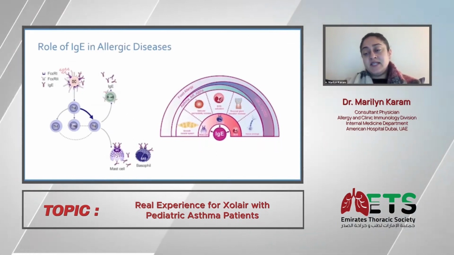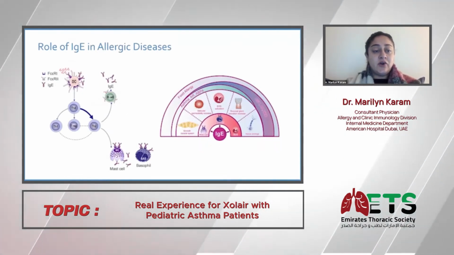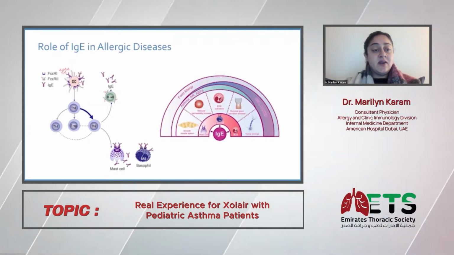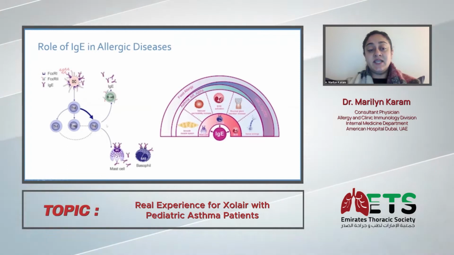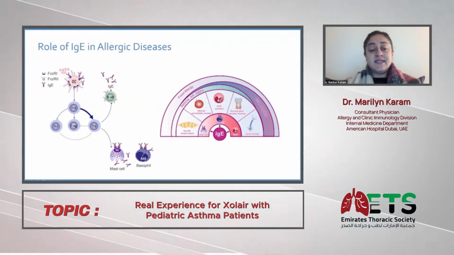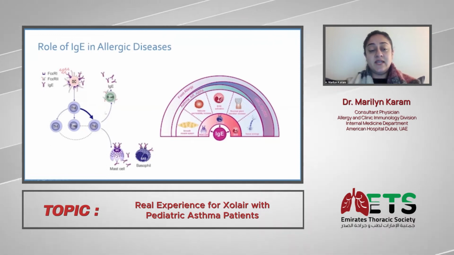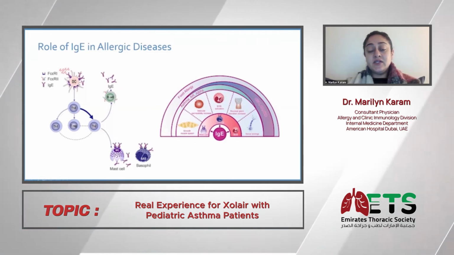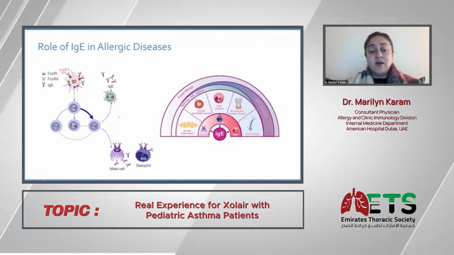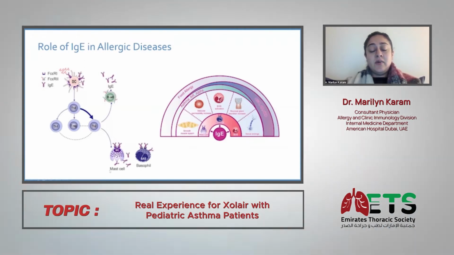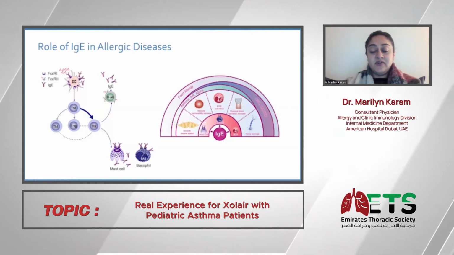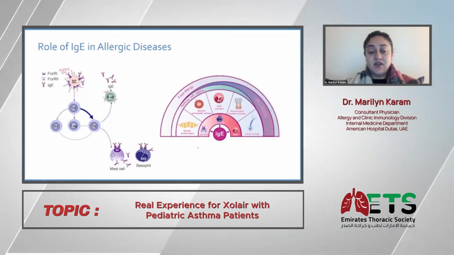So when we talk about IgE at the basis of all allergic diseases, you all know this. This might be a little bit redundant. But upon exposure to allergen, your dendritic cells will basically skew your immune response to a Th2 response. And that will trigger a cascade of inflammatory cytokines such as interleukin-4 and 13. You'll have more IgE production. And then these mediators also will lead to an inflammatory milieu. And you have eosinophil infiltration and activation as well.